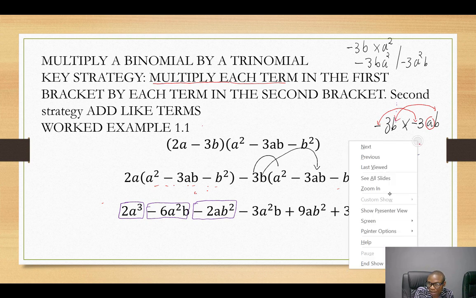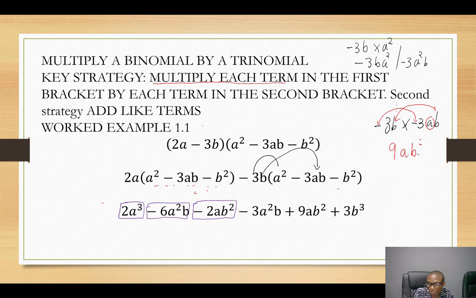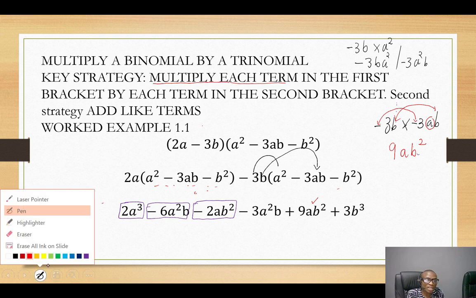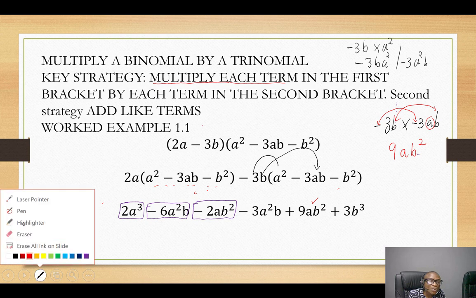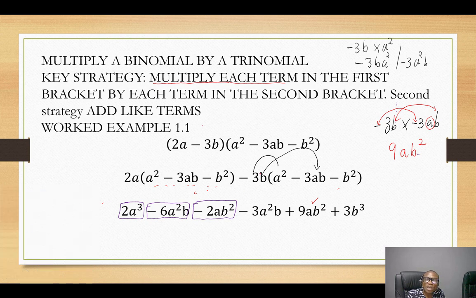So it's 9ab squared, which is here. So lastly, I'm going to multiply minus 3b. I'm going to multiply negative 3b with negative b squared. The one outside the bracket, multiply every term inside. So it's minus 3b